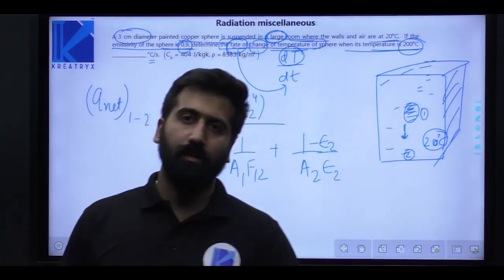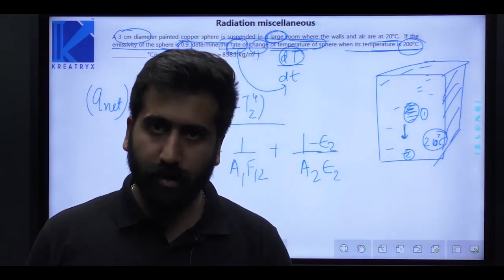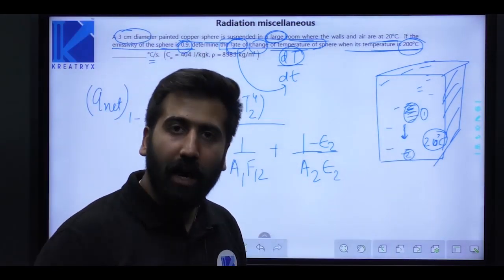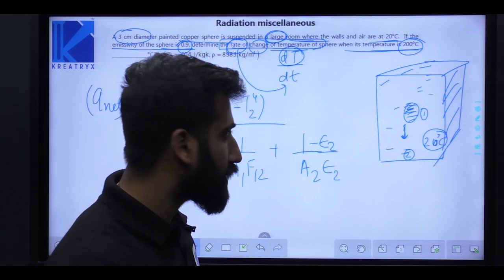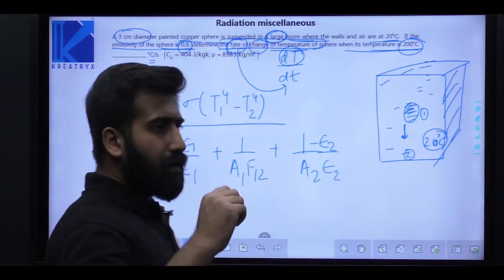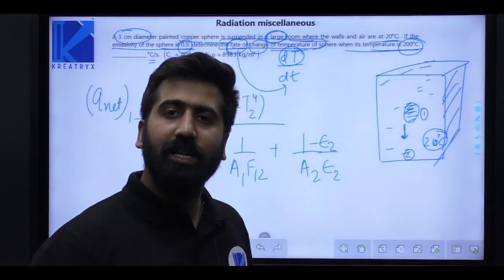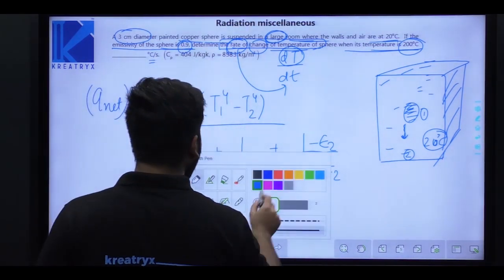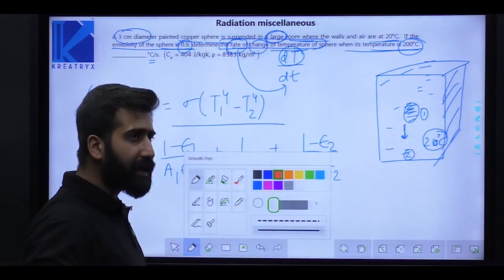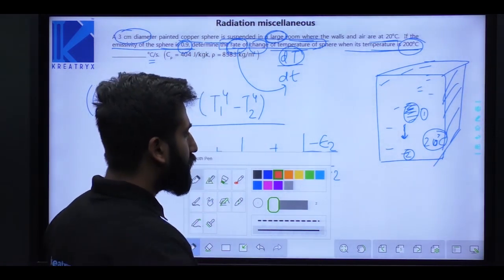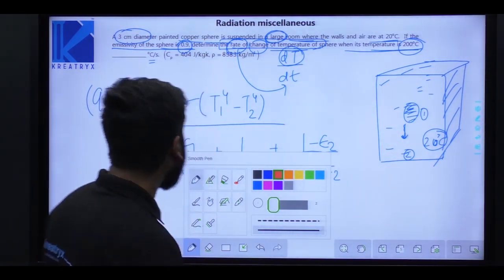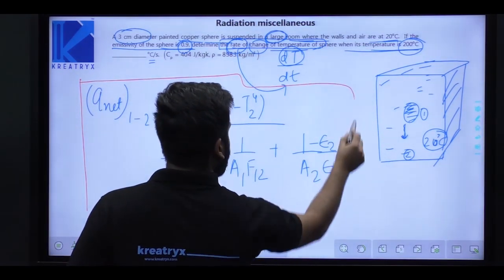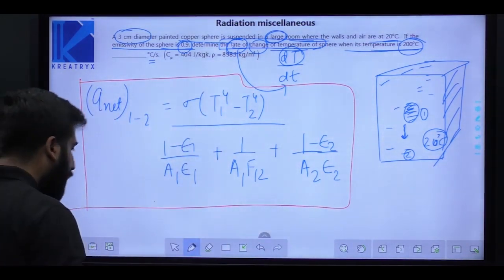This question is, however, a special case that you study when a small object is placed in a very large enclosure. This is a special case. But the formula for every special case you can derive by this expression. You need not learn any formula for any special cases. You can derive the formula for any special case by this expression only, which you must have derived while